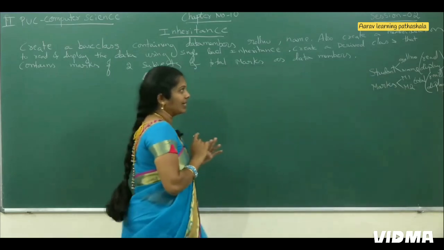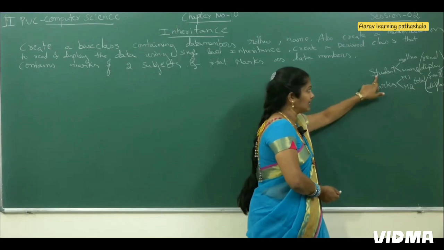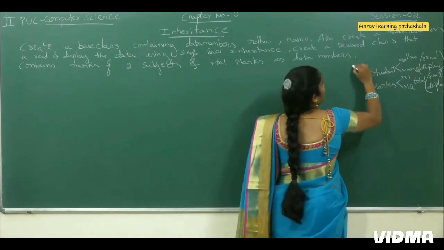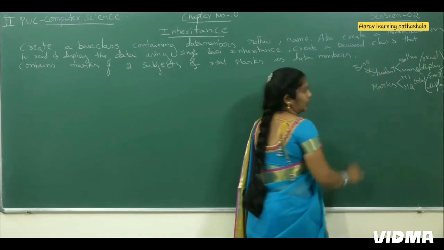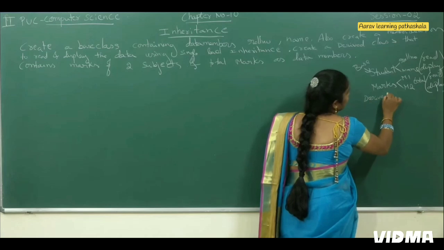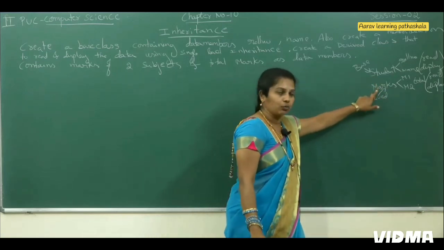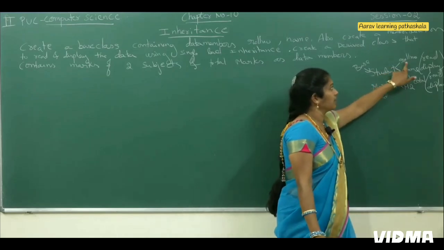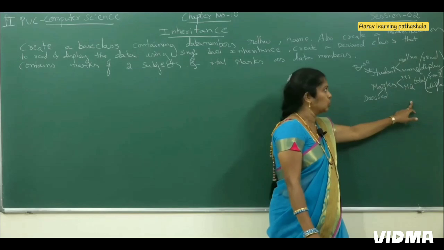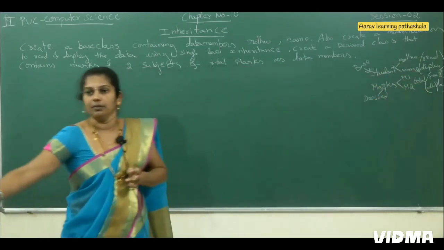See, from this what exactly do I come to know? We have to create two classes in the same program. The first class is student and the second class is marks. Student is the base class and marks is the derived class. The student class has data members roll number and name, whereas marks has data members marks 1 and marks 2. In both cases, you have to read and display the value. This is the agenda of the program.